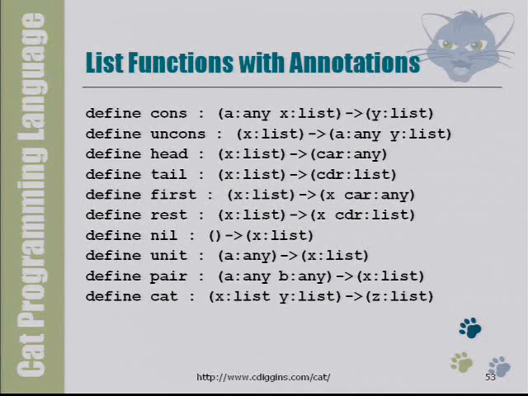Now, list annotations are useful, especially when you look at them in the context of these list functions. Here's something I did in CAT, which is perhaps disagreeable to some people. I have head and tail, and I also have first and rest. Typically, these mean the same thing. Head and first will mean the same thing, and tail and rest will mean the same thing, depending on the functional language you're using. But I wanted to express the fact that one of them left the argument on top of the stack, and one of them didn't. But looking at the type annotations, we can automatically see what the difference is between head and first. And I don't need to document it once you've learned and familiarized yourself with the type annotation.